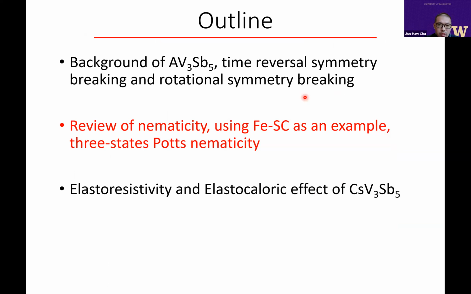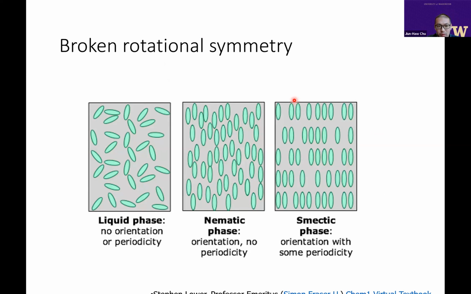Let's talk a little bit about nematicity, and what the difference is between nematicity and rotational symmetry breaking, and how we distinguish them. So the idea of nematicity originated in soft condensed matter physics, or in chemistry, where people study liquid